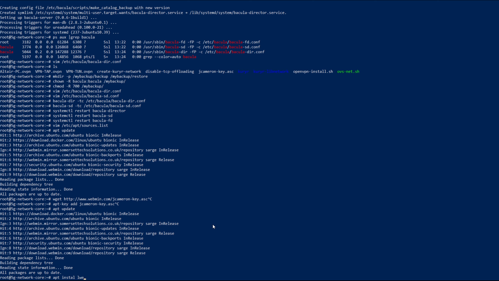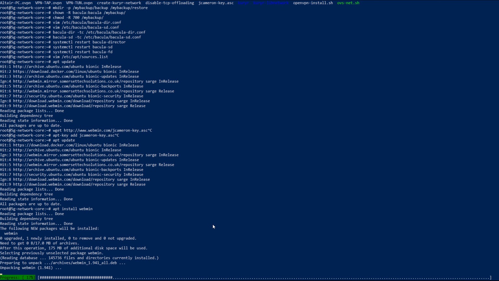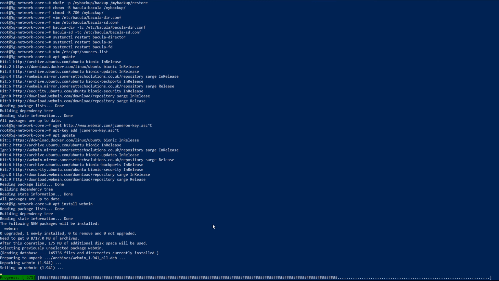Apt install Webmin. This will prompt for installation, yes or no. After it finishes, you need to enable port 10,000. I would suggest that you leave Webmin to listen on localhost, because you should avoid exposing ports on public IPs as much as possible. If you want to access anything that's listening on localhost, like dashboards and stuff like that, always use